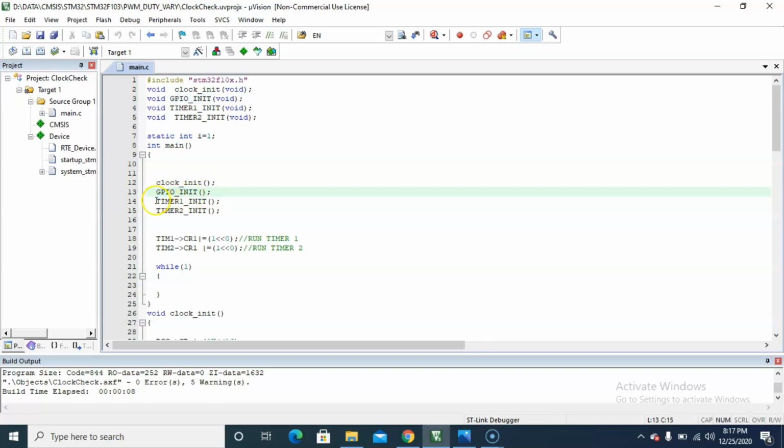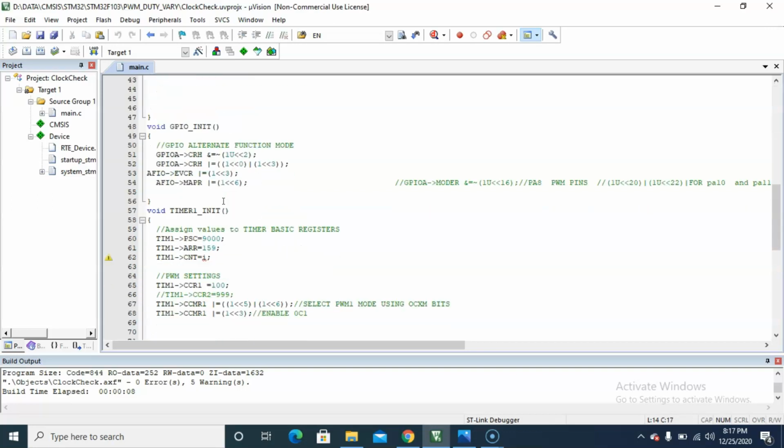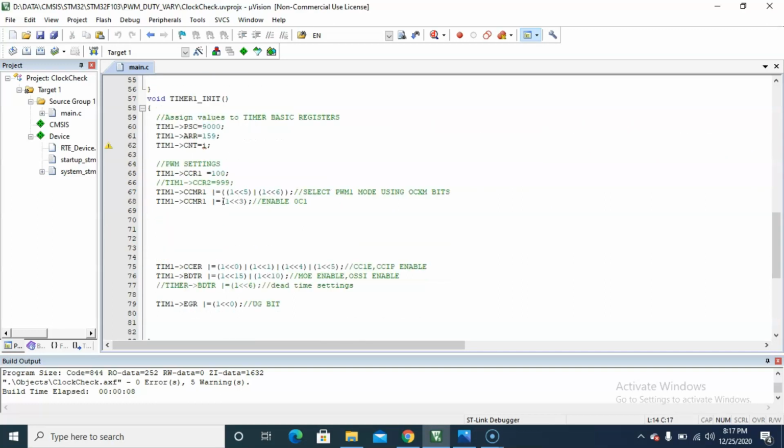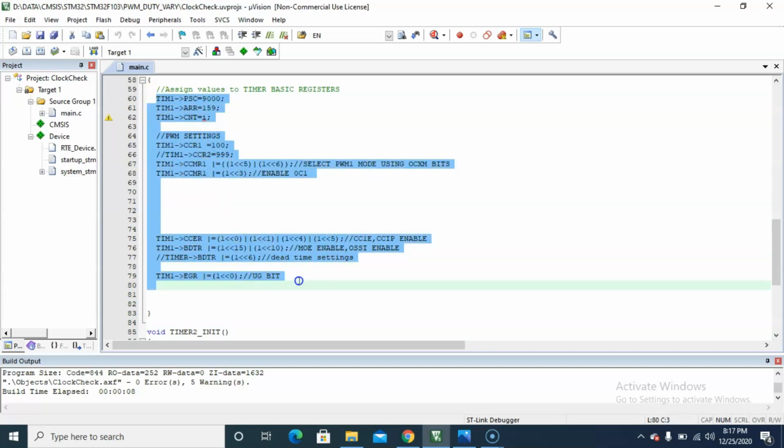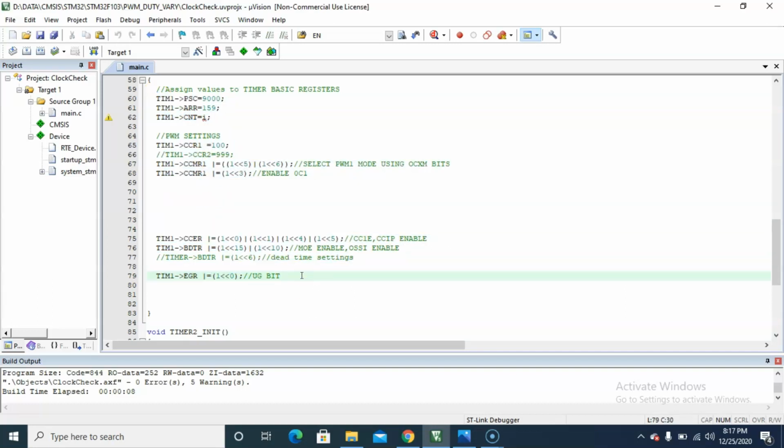After that, initialize timer 1 and then timer 2. In timer 1 initialization, let us see what we have. We are configuring this timer in PWM mode. This code is for timer 1 in PWM mode.